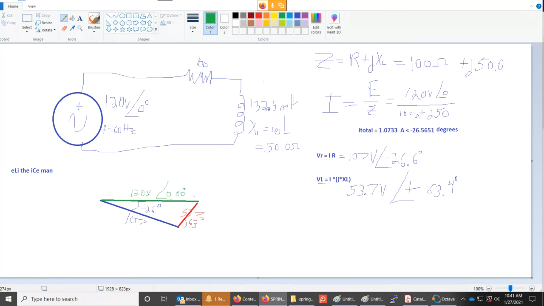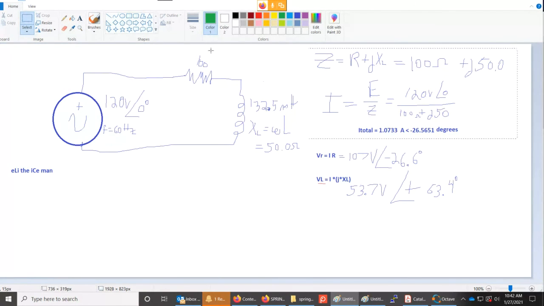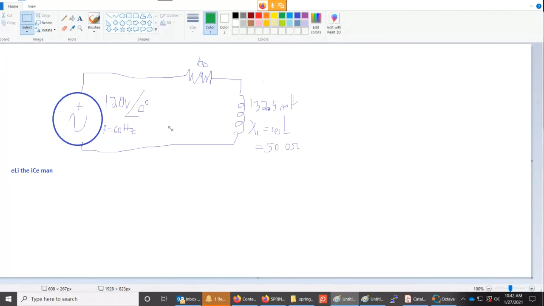Instead of starting out with the voltages, let's say that we know the current and try to solve it that way. So I don't know, just pick some different